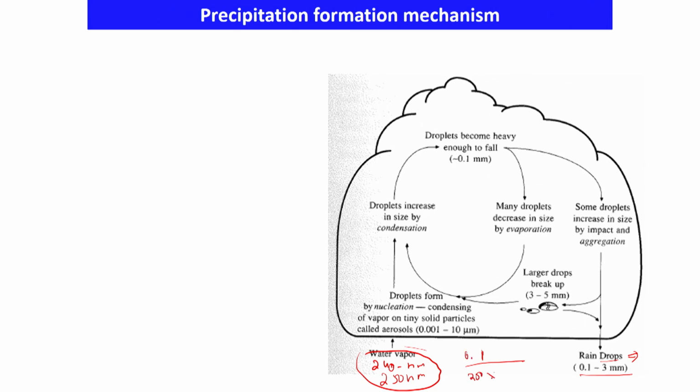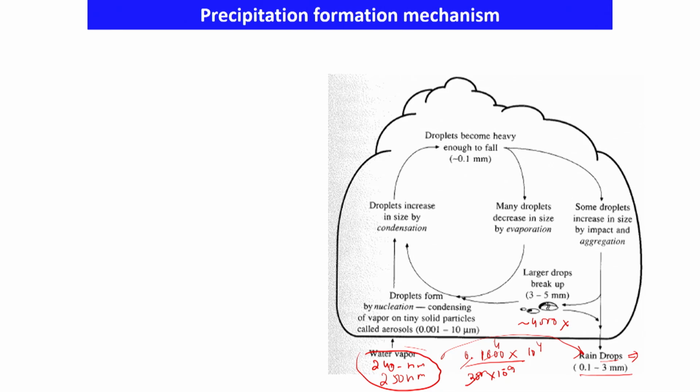So 0.1 into 250 into 10 to the power minus 9. This will be in meters, and then if you put it there, it will be like 10 to the power 8, and then 10 to the power 4. So 25 into 4. So from here to here, the particles have to grow by 4,000 actually. The water droplets have to grow almost 4,000 times their size in order to get precipitated, and that is not